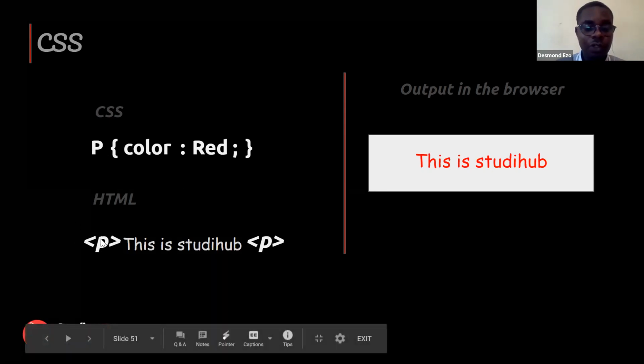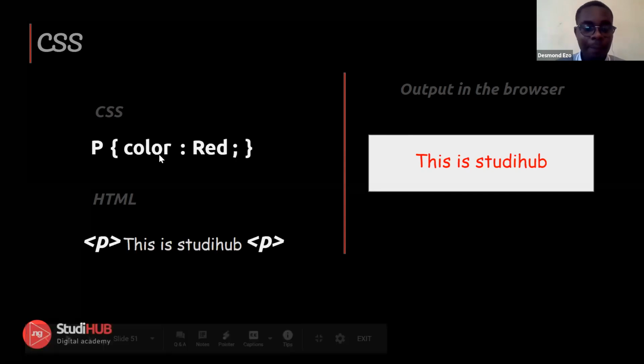I think we'd also do a quick demo on how CSS works. So this is the CSS we have written for an HTML document to style the P tag in that HTML document. We first of all select the P here. We specify the property that we want to change. That is the color property. And we specify that the value should be red. So the P tag is selected, the color property is what we want to change, and we specify that it should be red. So this is what is going to output in the web browser.